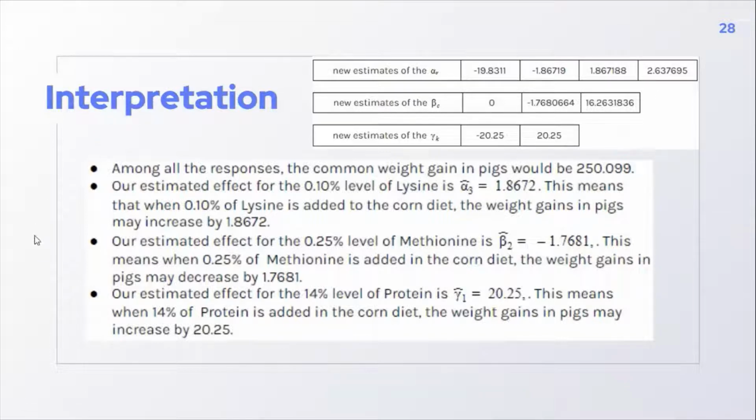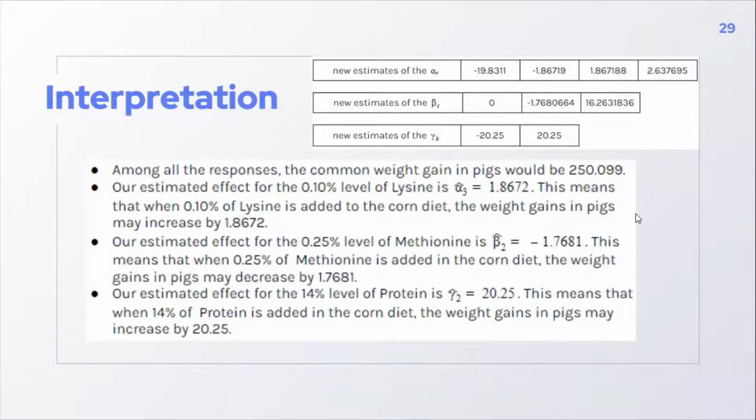Here are some examples of how we can interpret these results. First, among all the responses, the common weight gain in pigs would be 250.099. Second, our estimated effect for the 0.10 level of lysine is 1.8672. This means that when we add 0.10% of lysine in the corn diet, the weight gains in pigs may